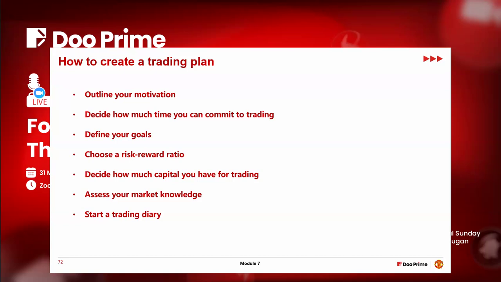Then choose a risk reward ratio. What's your risk value? What's your risk appetite? What's your reward appetite? Are you the type that you're seeking for 5 RR? I risk $10 to make $50. Are you the type who wants to do $10 for $100? State it. And make sure it is something you're not doing out of greed.